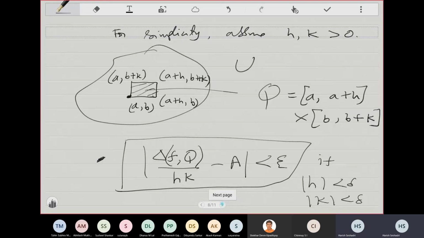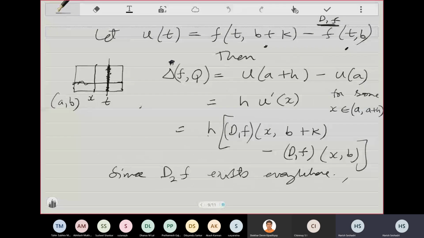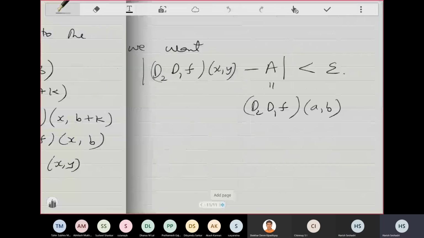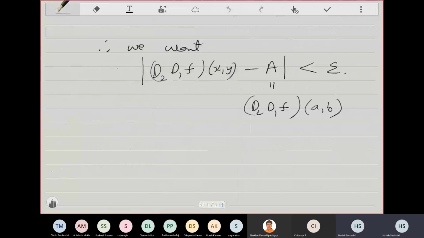Now, in the final expression that we have, this h and k have disappeared. So this should hold if mod h, mod k less than delta. So where should this play a role? Well,